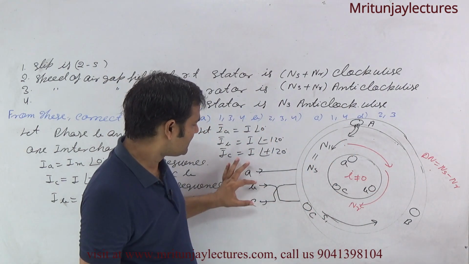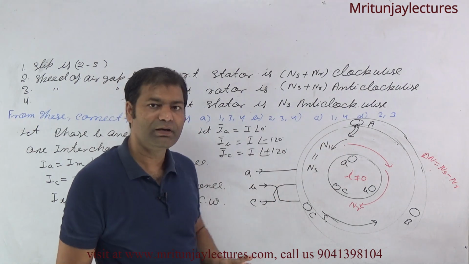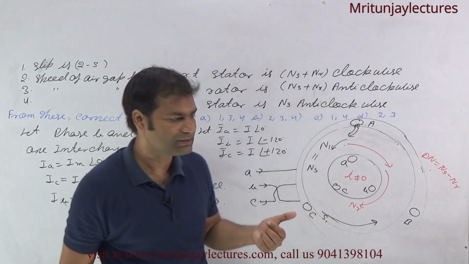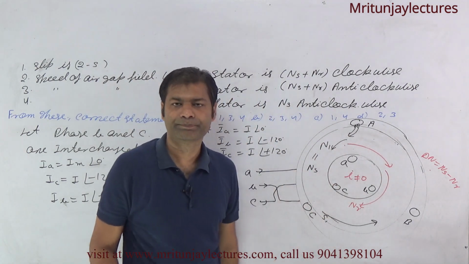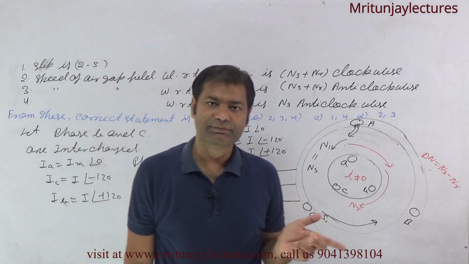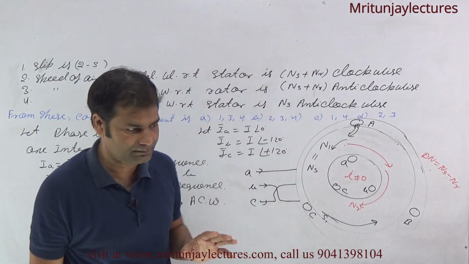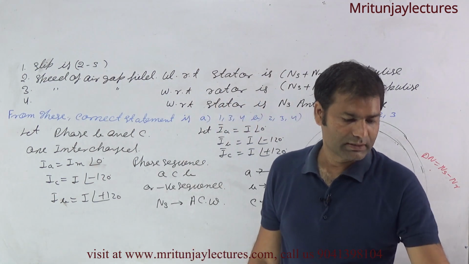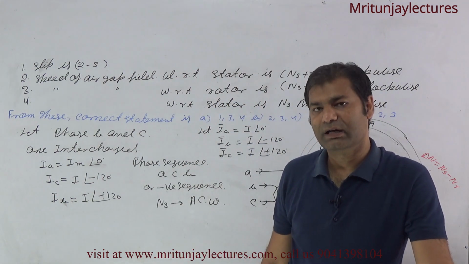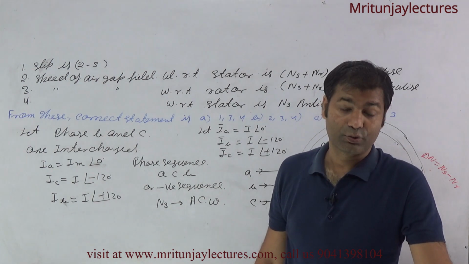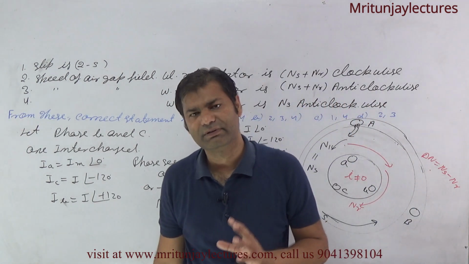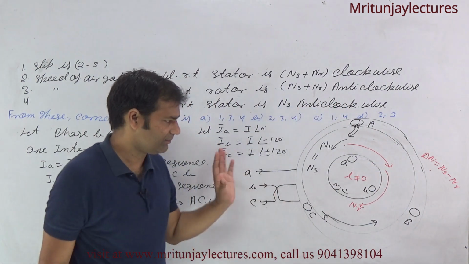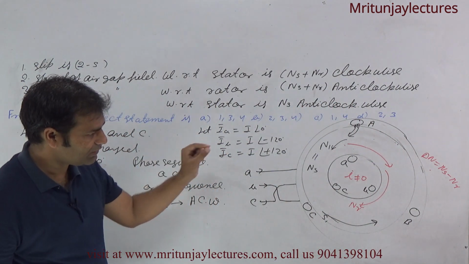Now if the supply is interchanged, the stator magnetic field rotates in the opposite direction, or you can say anticlockwise, like this. Okay, clear? Why? If the supply terminals are interchanged, the supply currents are reversed, then the rotating magnetic field is also reversed. Why reversed? If any doubt, watch 4.01. We have already detailed why it rotates like this.